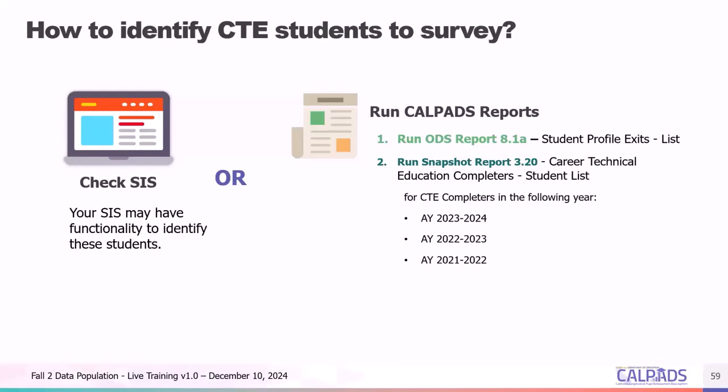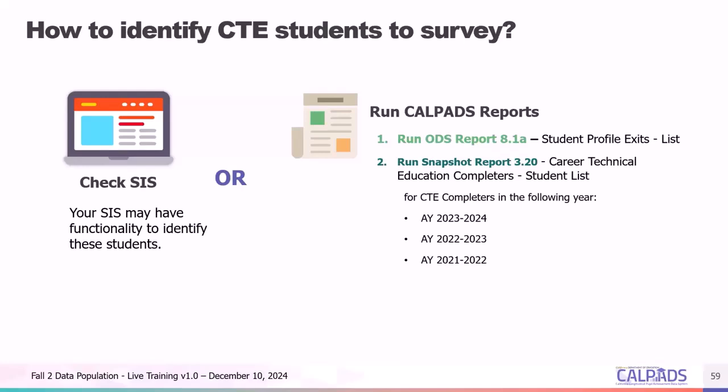And this is done by running snapshot report 3.20 first for academic year 2023 to 2024 to determine which high school completers completed a CTE pathway in their final year or in their senior year. And then we're going to need to run the report again for academic year 2022 to 23 to determine which high school completers completed in their junior year. And finally, a third time for 2021 to 22 to determine which high school completers completed a CTE pathway in